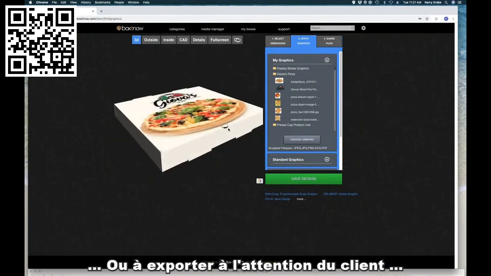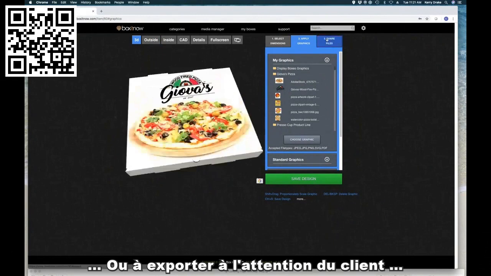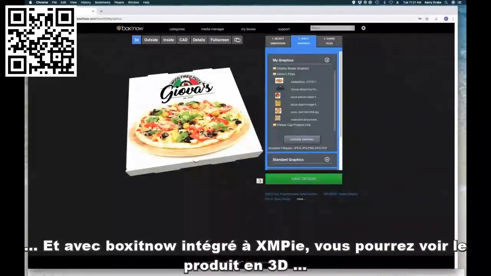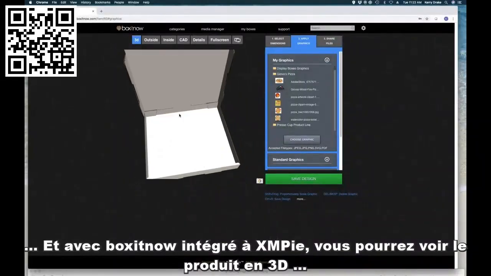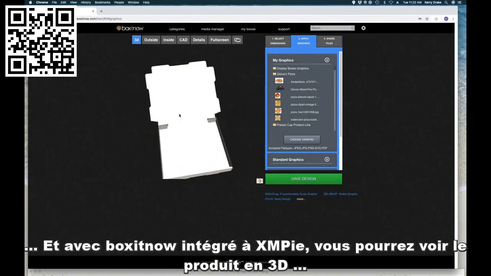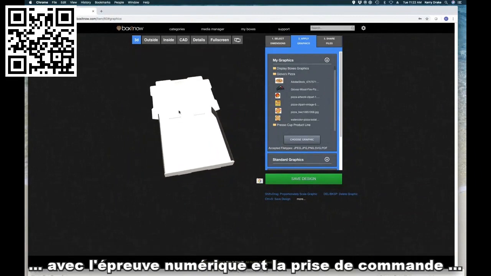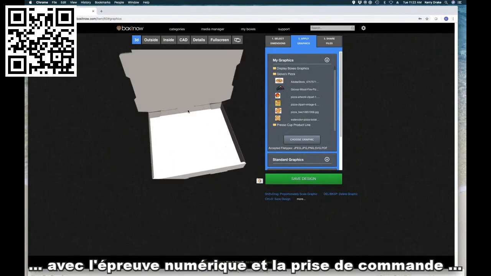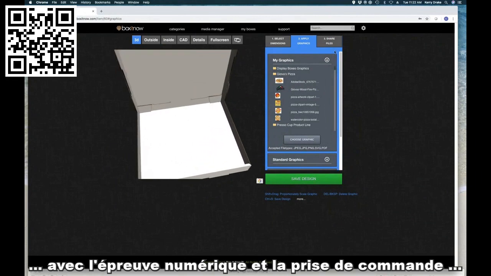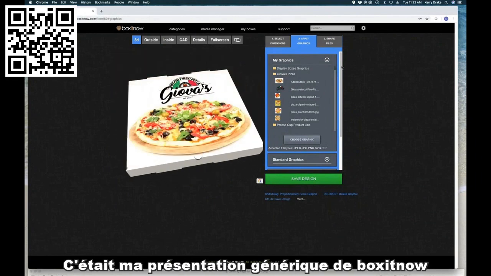And again, with the proper preparation at this point in time to export, customers design the box. With our BoxItNow viewer integrated into XMPie, they get to see the whole thing in 3 dimensions. Make sure that they have a soft proof of the item and go right to place the order. So that's my high-level overview of